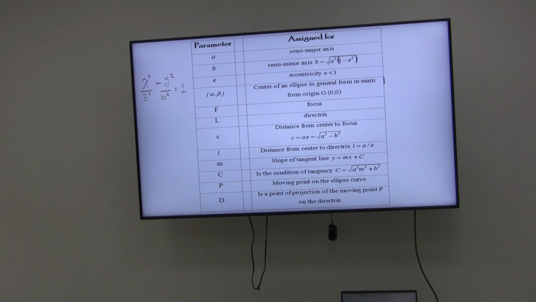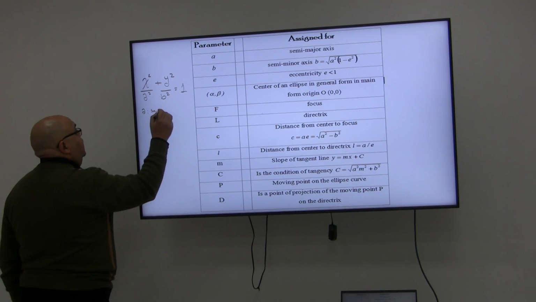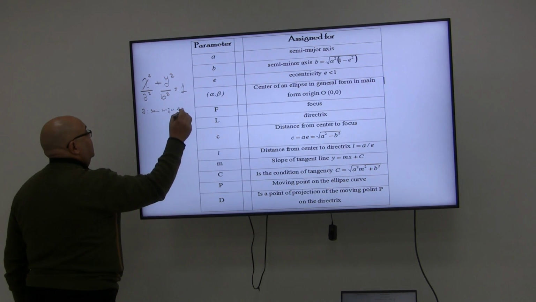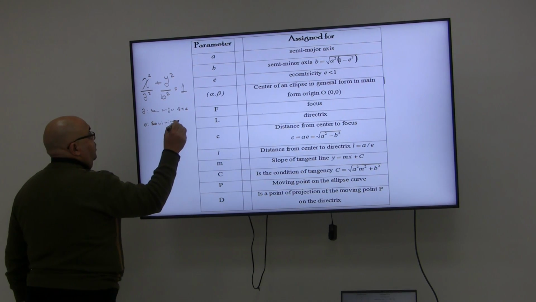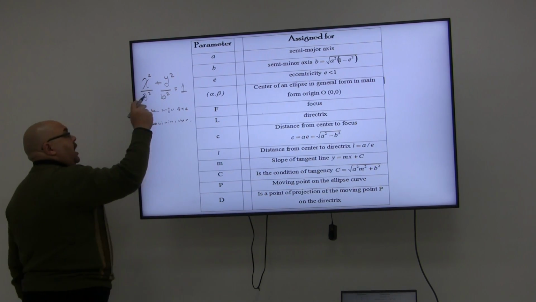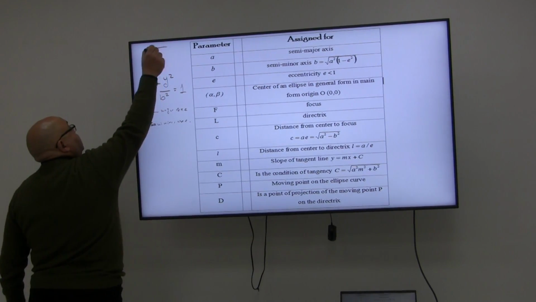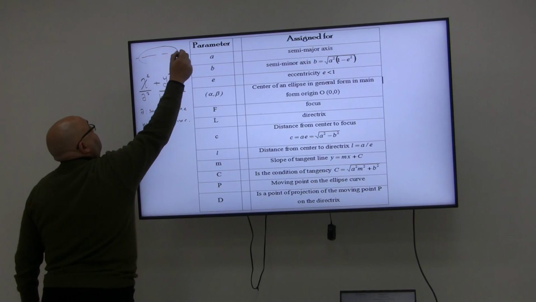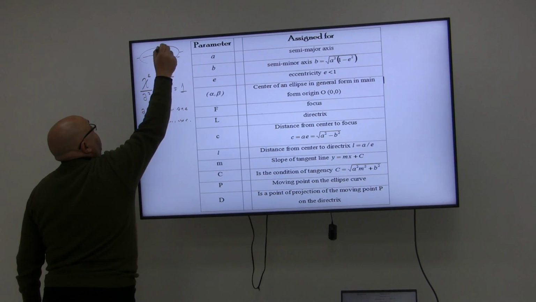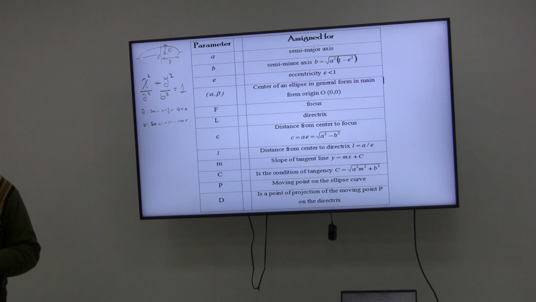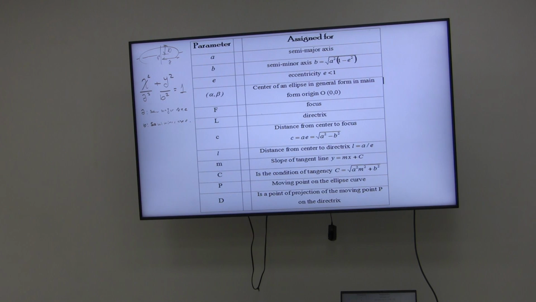Actually, the 2 radii, A is called the semi-major axis, and B is called the semi-minor axis. This is half the larger diameter, and this is half the smaller diameter. Because if you imagine the shape of the ellipse, this is the shape of the ellipse. If you notice, this is its center. This is A and this is B. How many radii does it have? It has 2 radii. Radius in the X and radius in the Y, and both of them are different from each other.